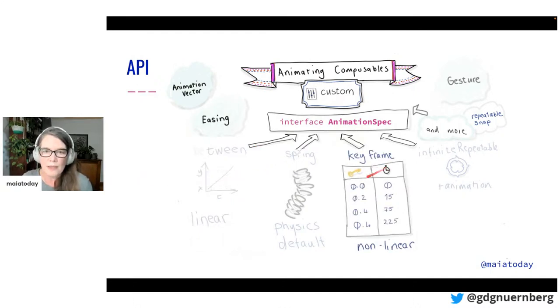The other option, if you don't want a physics-based or a linear interpolation, is to set keyframes. A keyframe gives a value and a timestamp. So you can set the timestamps and actually build up a nonlinear graph, a curve for this. It will work out the in-between values. So if this was, say, alpha, you could be at 0 alpha, 0.2 alpha after 15 milliseconds, then 0.4. So you could set up a keyframe and a nonlinear graph like that.